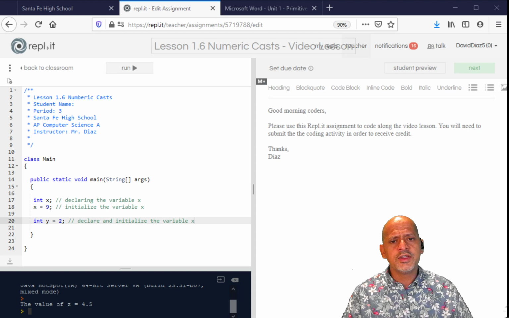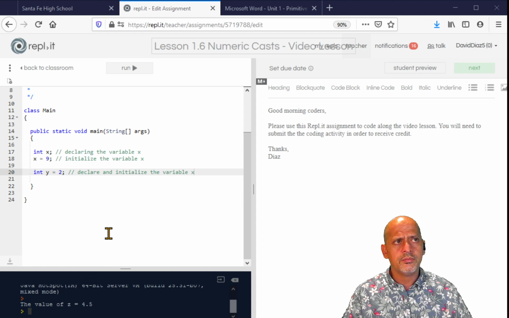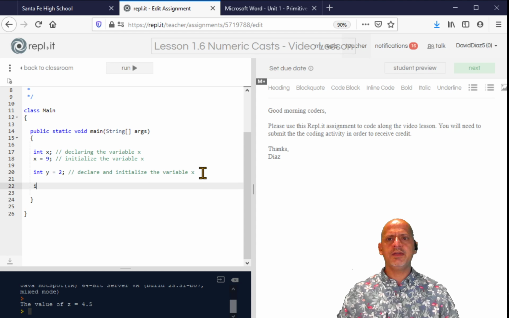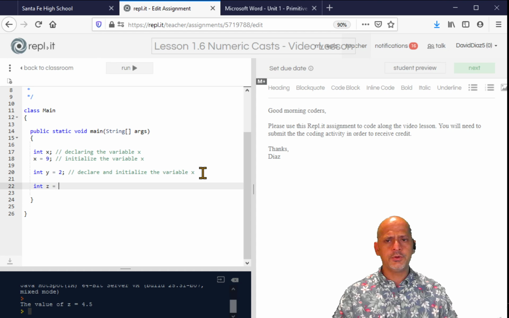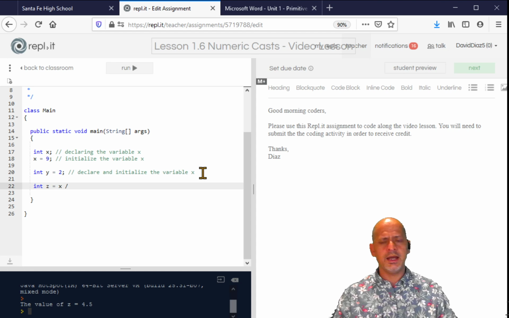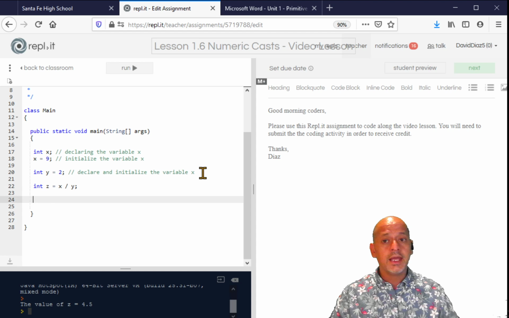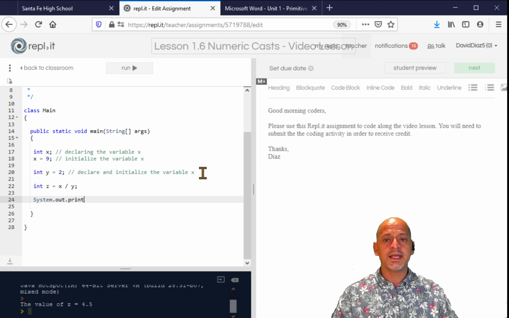And one of the things that we talked about was if we divide. So let's say I have int z equal to x divided by y, which is 9 divided by 2. And now let's go do a System.out.println. We're going to say the number z is equal to